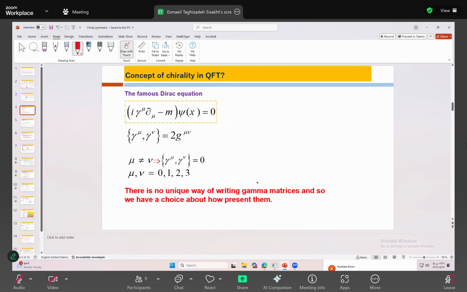Here I want to start from the very famous Dirac equation that has this form. In quantum field theory, this equation describes the massless particles. And here in this equation, these gamma matrices